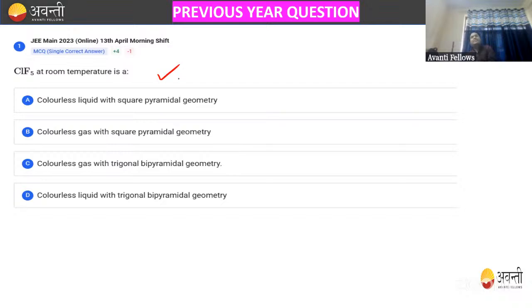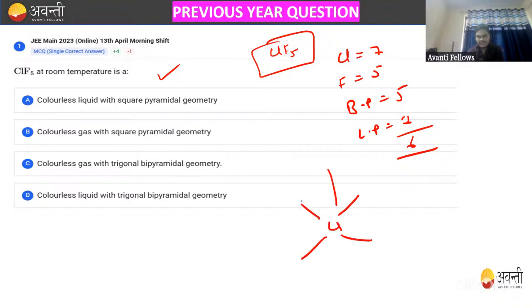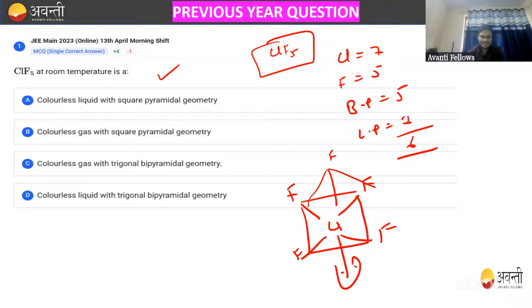आप इसकी बात कर लो, ClF5 की। So ClF5 at room temperature, सबसे पहले मुझे इसकी ज्योमेट्री बताओ। ClF5 का ज्योमेट्री क्या होगा भाई, जल्दी। ClF5, so Cl के पास टोटल 7 इलेक्ट्रॉन्स हैं, F के 5 लग गए, so बॉन्ड पेयर 5, लोन पेयर 1। So बॉन्ड पेयर 5, लोन पेयर 1, मतलब 6 का केस है। 6 का स्ट्रक्चर कैसे बनाते थे? 5 बॉन्ड पेयर बनाओ भाई, एक F, 2 F, 3 F, 4 F, 5 F। यहाँ पे एक लोन पेयर लग गया। तो इस शेप को क्या नाम बोलते थे? स्क्वायर पिरामिडल।